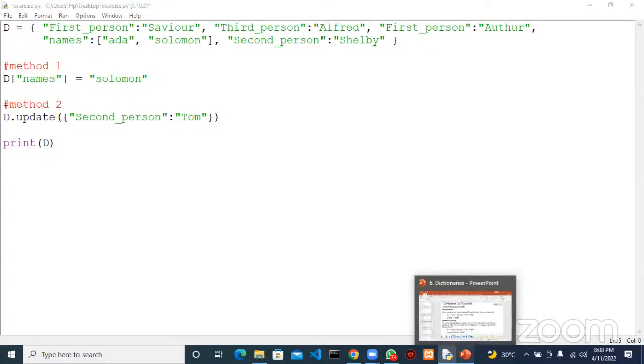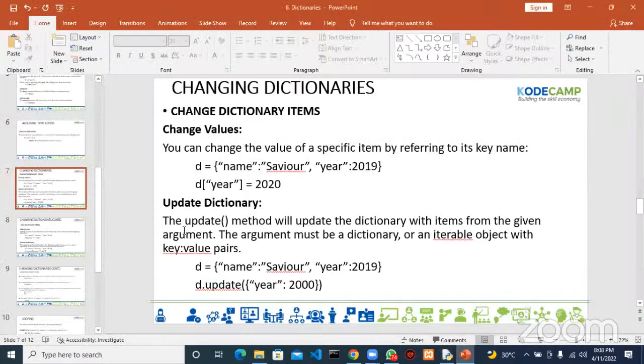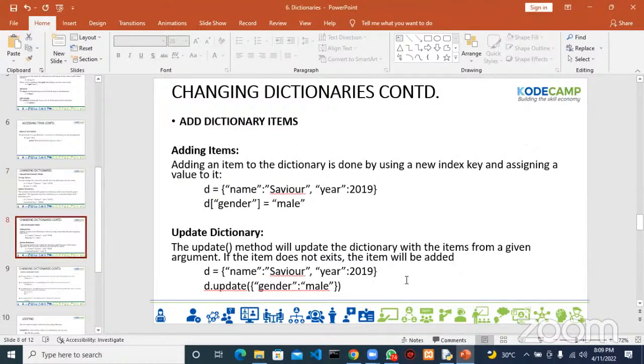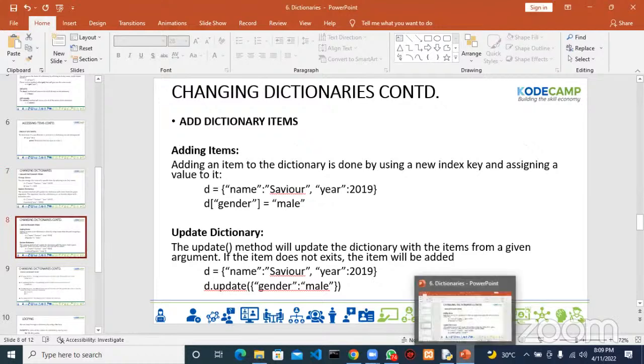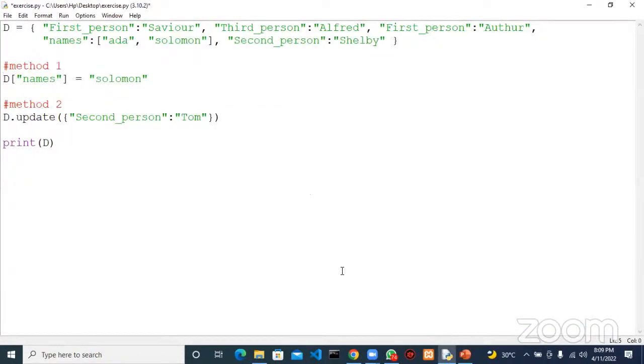Is there a question there? Any question? Okay, I believe there's no question. So now, how do we add a new item to a dictionary? Oh, okay. Before we do that,